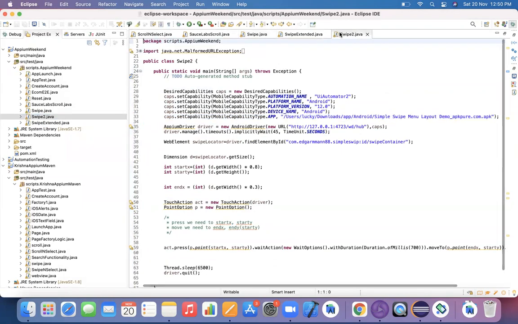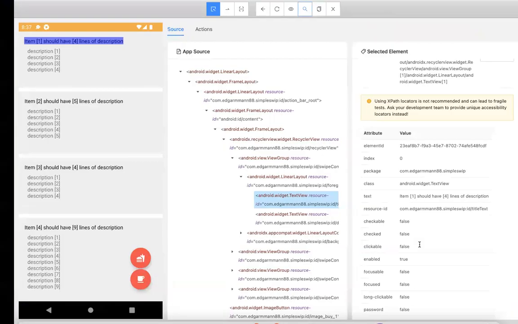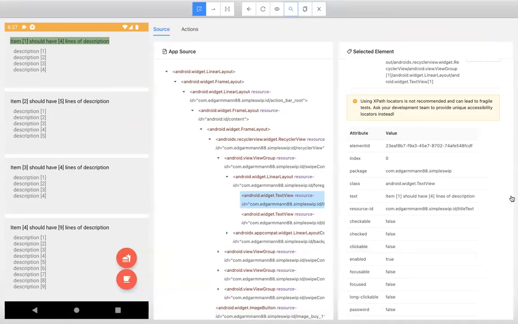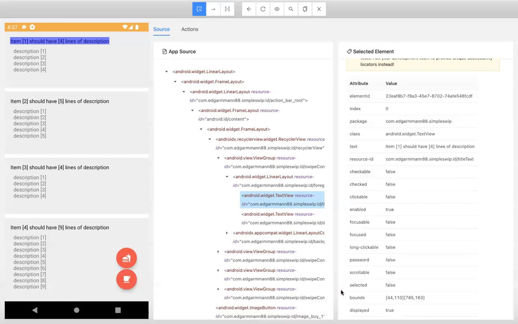In this swipe program, what are we doing, guys? If you observe, we are getting the starting and ending coordinates of the x-axis. This is the first object. If you scroll down and select it here, there are the bounds of that particular object, and the complete boundaries of that object will be displayed.